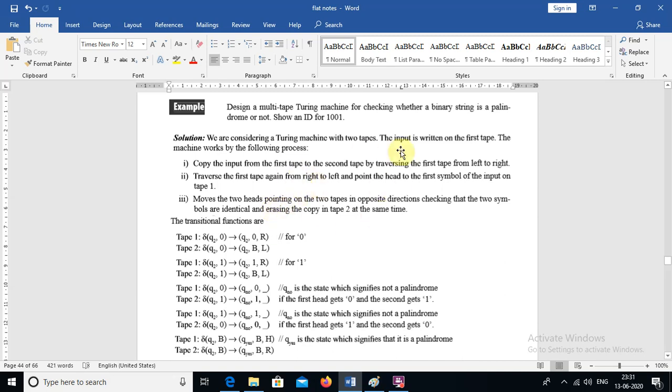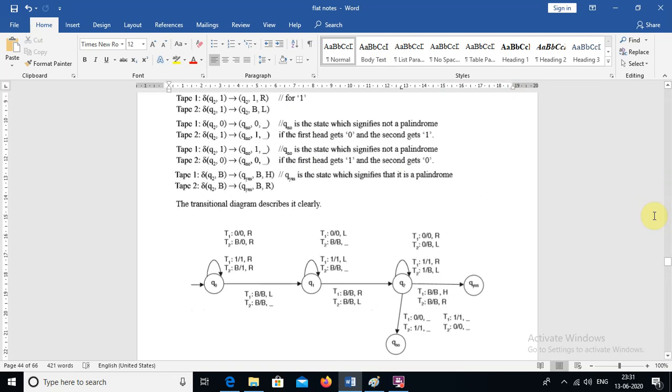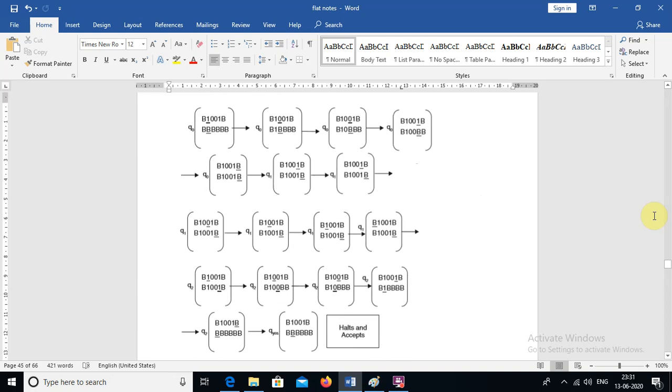So that is the procedure, actually, here. So by that we can define whether it is a palindrome or not. Okay, so binary string means the alphabet, the set, is nothing but 0, 1. Okay, so I will show you using the diagrammatic format, then we will understand. So this is an ID, actually.